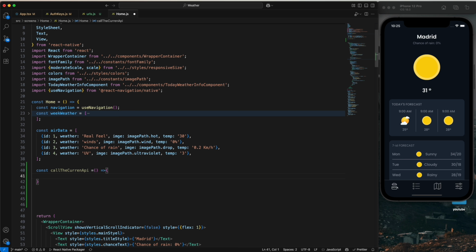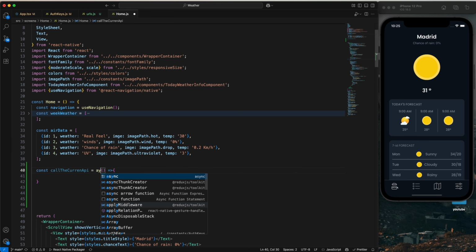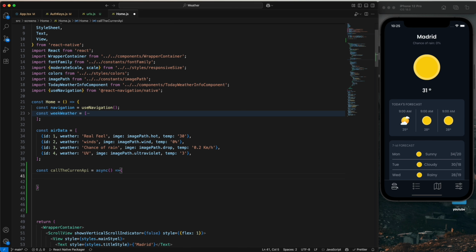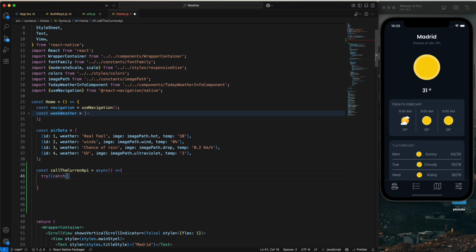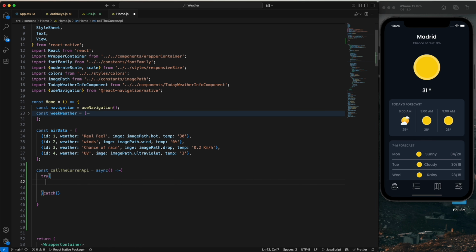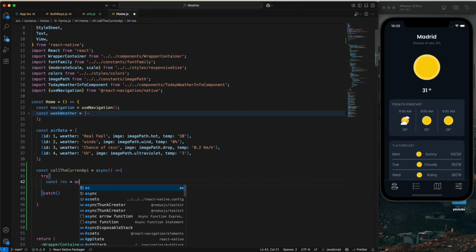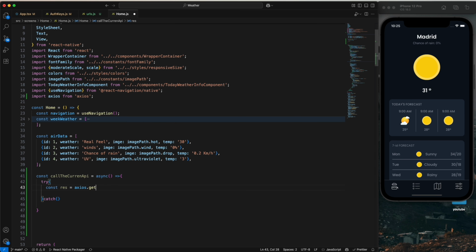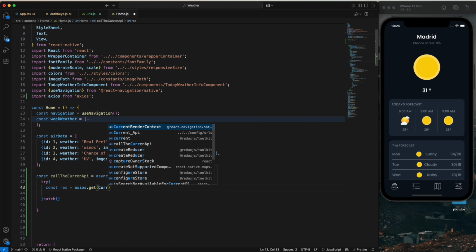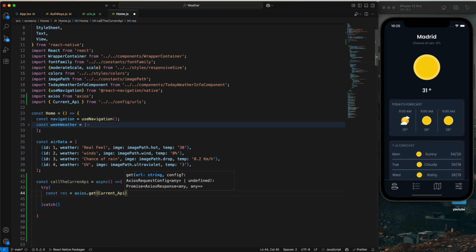It should be async like this, and try, and also we need to catch. Let me create the const response is equal to Axios. We need to import the Axios dot get API, and we have the current API, and we need to pass